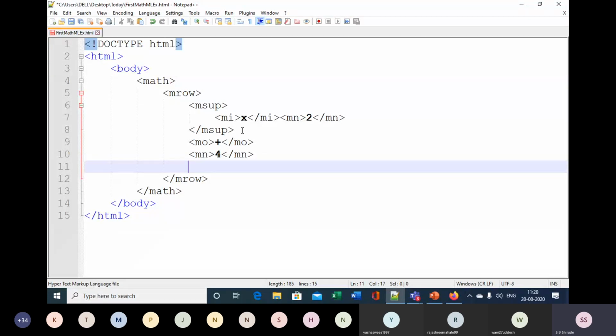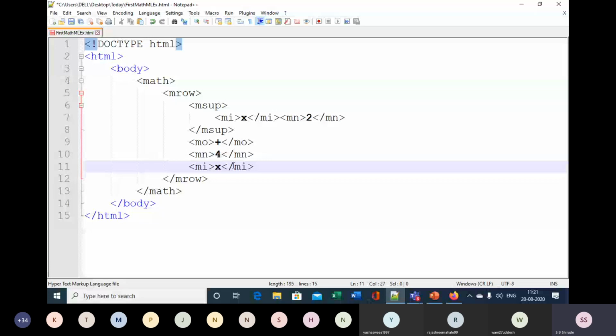And close that mi. Now see, in between these 4 and x, sometimes when web pages are rendered and you are inserting this equation somewhere in a paragraph, then if there is no space after this 4, it may break these two elements, 4 and x, and you don't want to break them because they are an integral part, 4 followed by x.